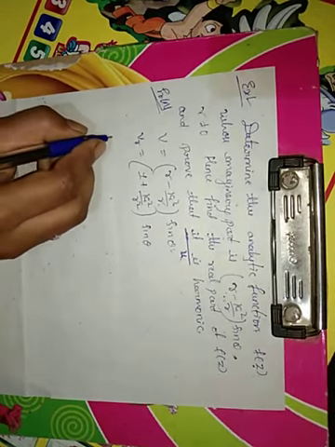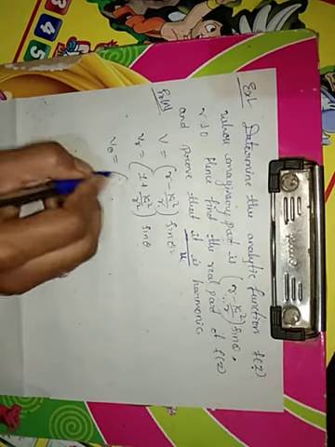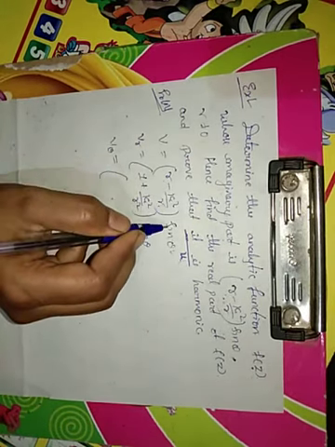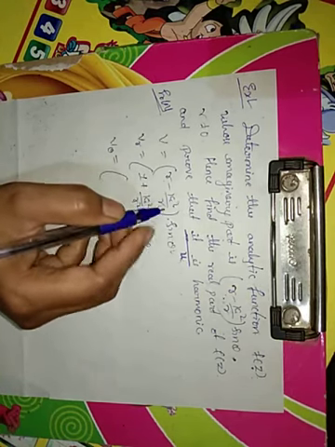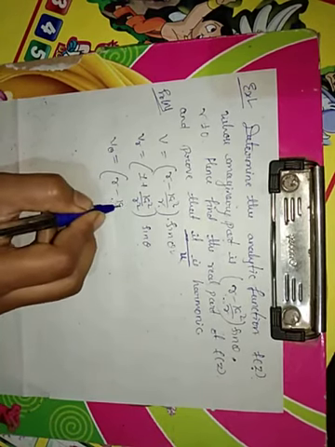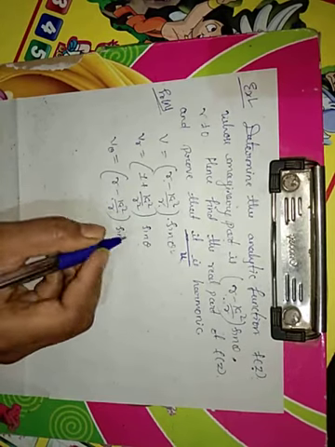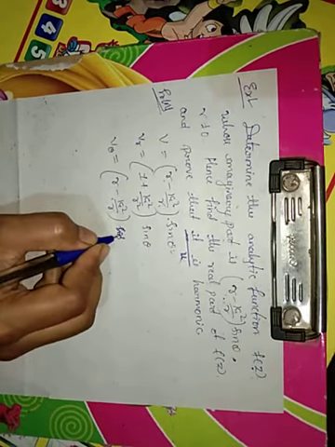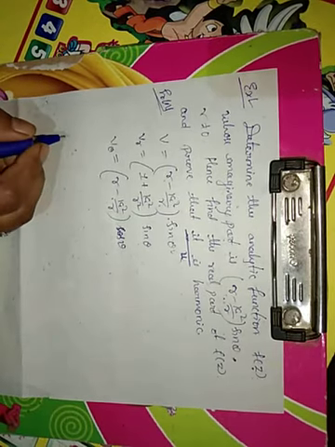Now we have to find out the V theta. V theta equal to r minus k square by r into sin theta. So multiplication is there, so this term will be considered as a constant. So r minus k square by r into the derivative of sin theta, which is cos theta. So Vr and V theta will be found.